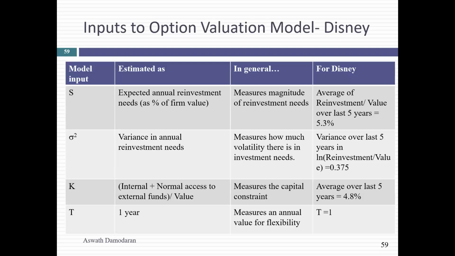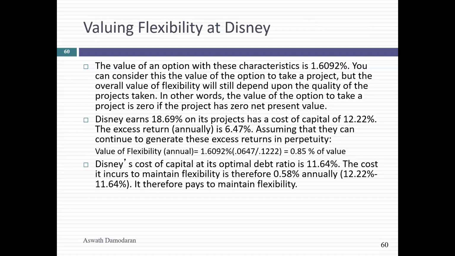So right now, what they require as reinvestment is about 5.3% of value. What they can come up with as cash flows is 4.8%. But there's uncertainty about that reinvestment. Coming from where? They might have to do a big acquisition, a huge investment. So if you think of this as the option, the right to be able to take an investment that's much larger than your typical investment, the value that you get for the flexibility is about 0.85% a year. It looks like it's magical, but basically it says, look, because you're uncertain about your future reinvestment needs, that flexibility is worth 0.85% a year.